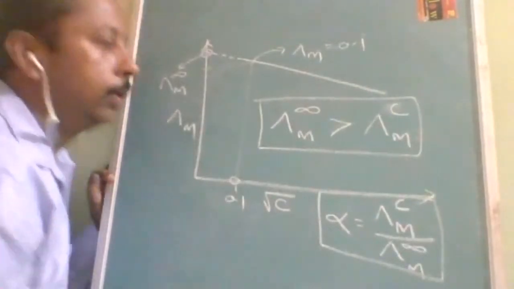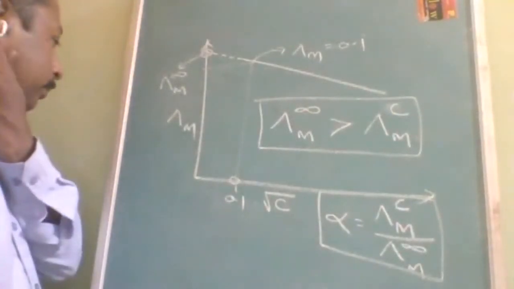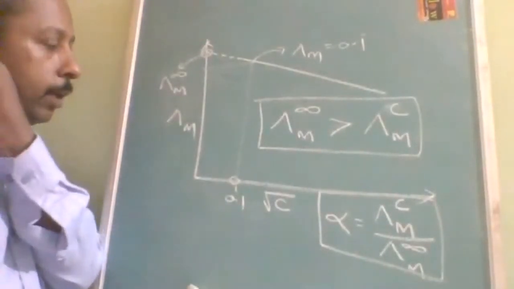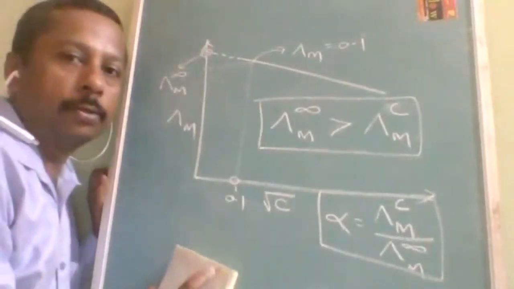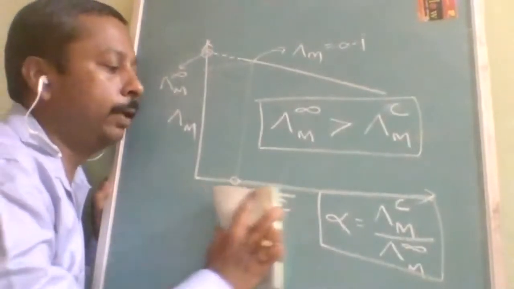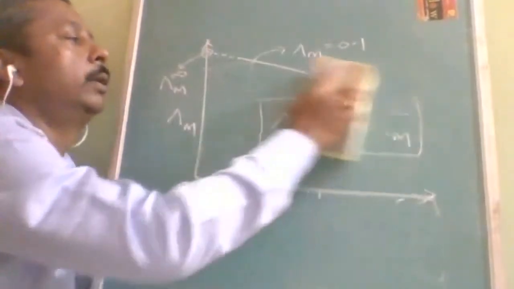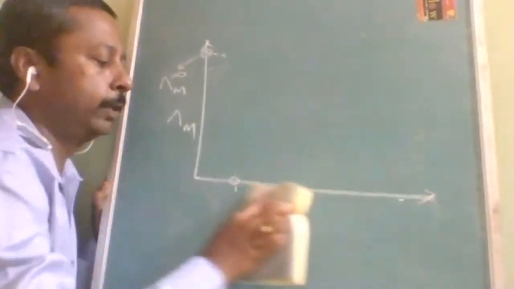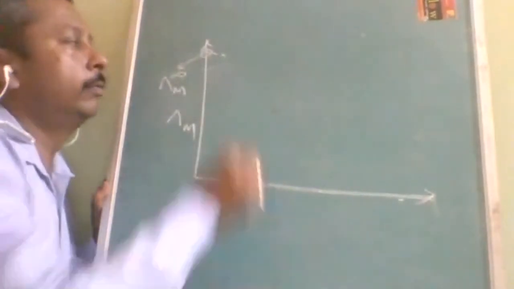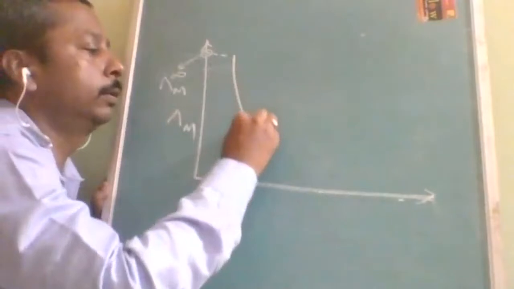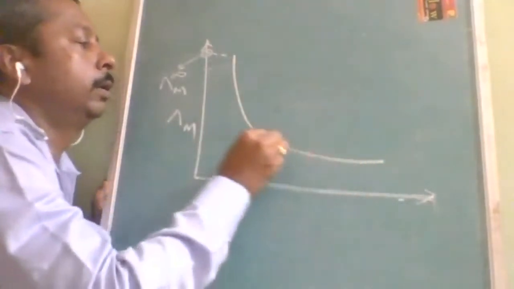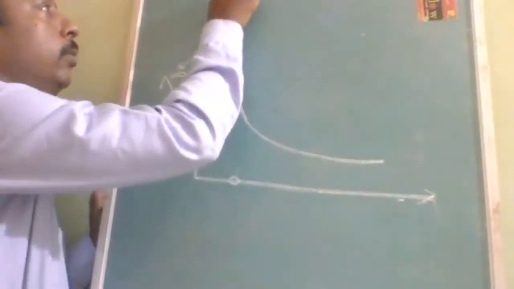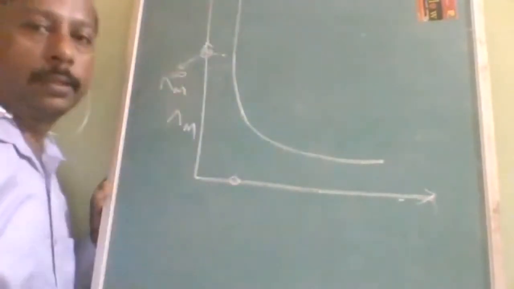Is it understood? Such attempts were made for the weak electrolytes also, but they failed. Why? You will come to know with this graph. On the same graph, if I draw it for the weak electrolyte, I will keep on extrapolating this, but it is never going to intersect with the y-axis.